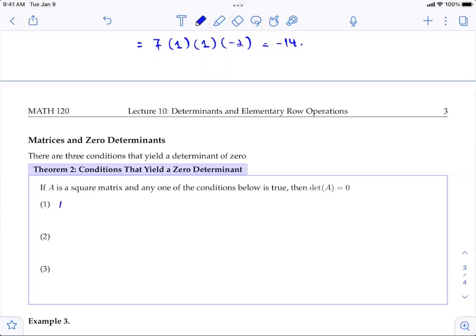So the first condition is that an entire row or an entire column